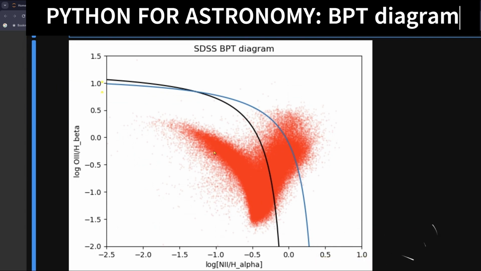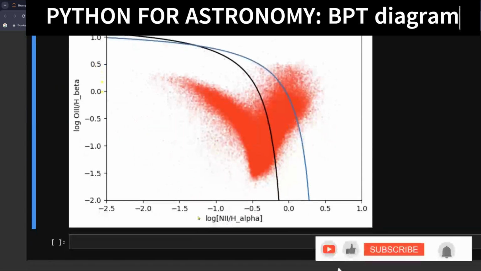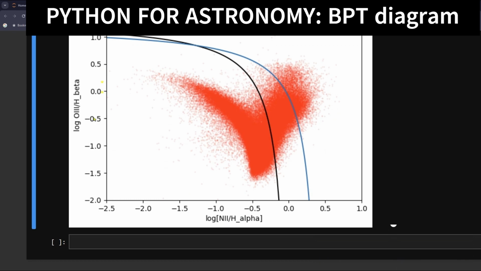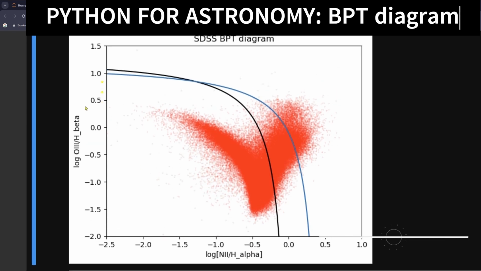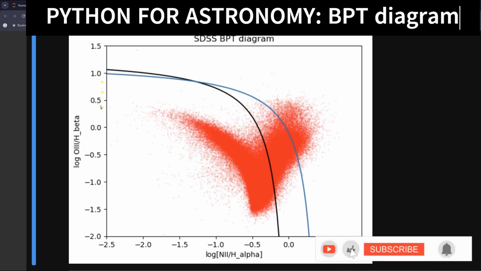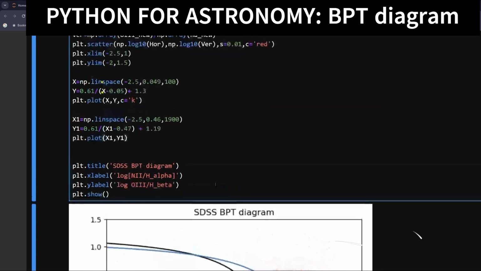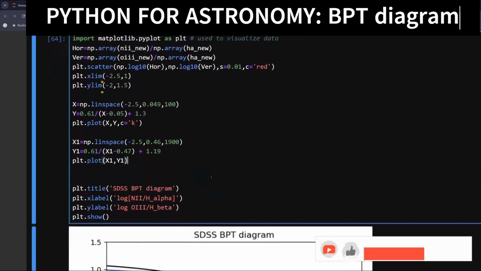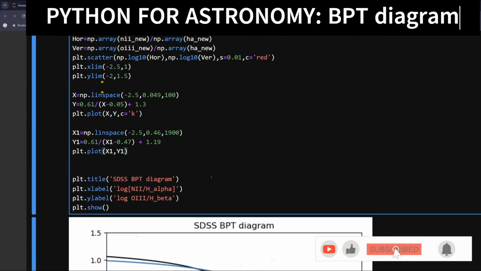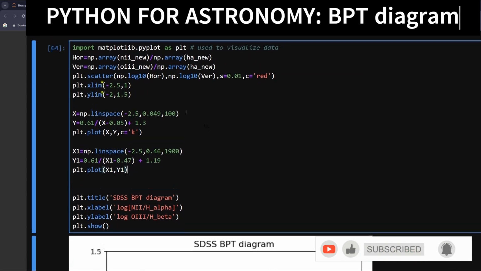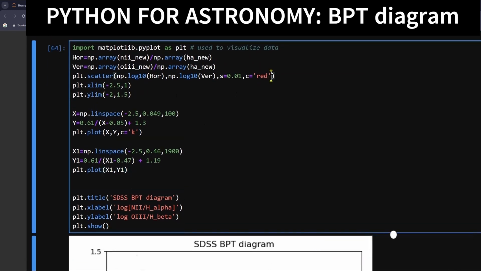One more thing, here N2 by H alpha is your metallicity, because N2 is metal and H alpha is like your gas, and O3 by H beta is your ionization. I mean, higher ionization is at top and higher metallicity is at the right. Okay, so now I will mark the labels. So I can type here label equal to